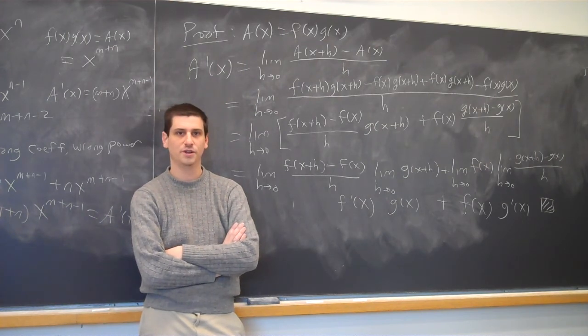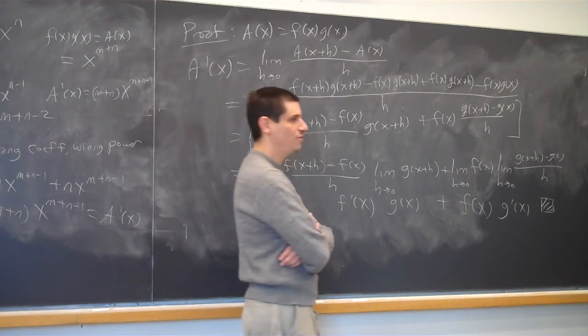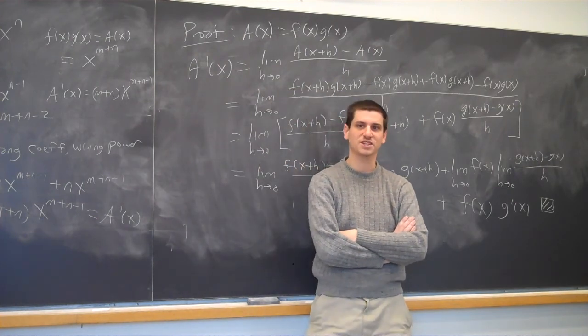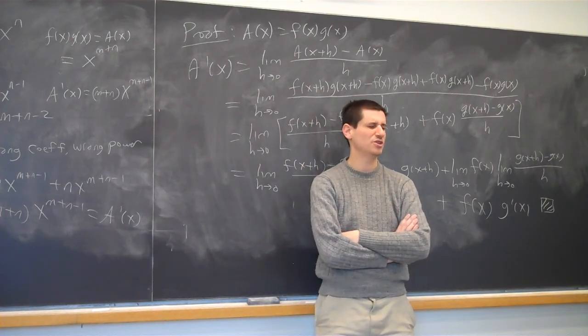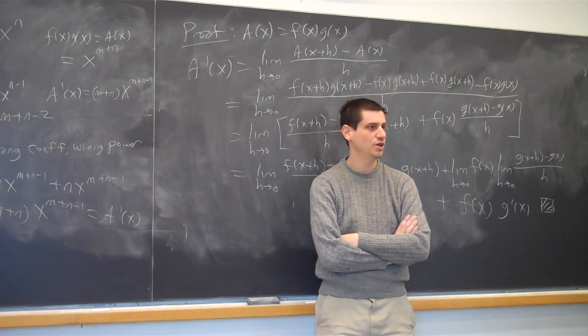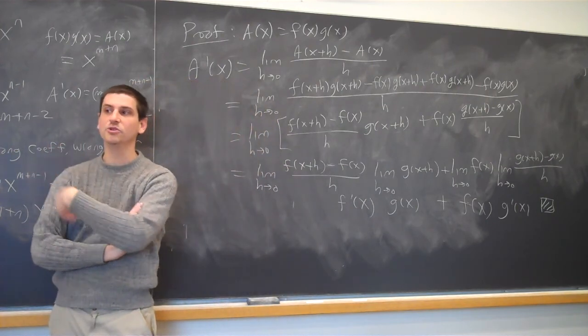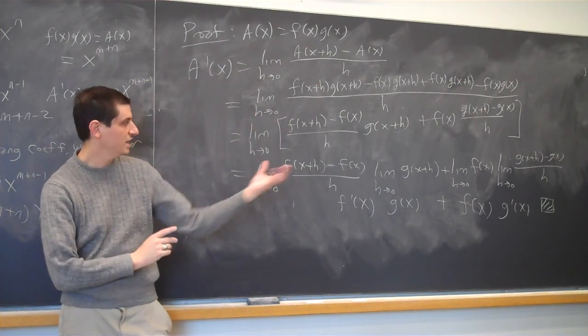We could have put in functions such as sine of x times cosine of x and tried to form. The difficulty is we would need to know the derivative of sine and cosine. And we would need to know the derivative of sine of x times cosine of x. Well, if you remember your trig identities, sine of x times cosine of x is 1/2 sine of 2x. So maybe you could use sine and cosine as another example to try to build some intuition and get a sense of, can I trust this claim?